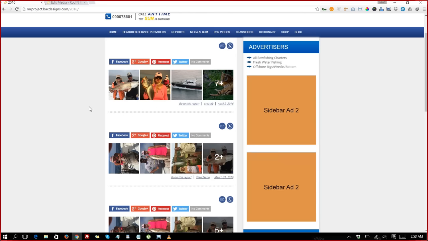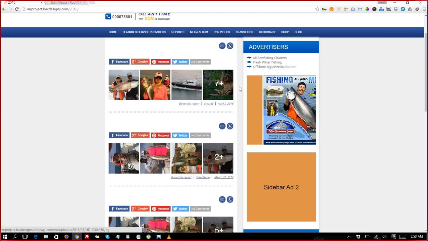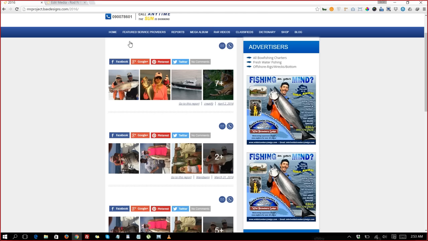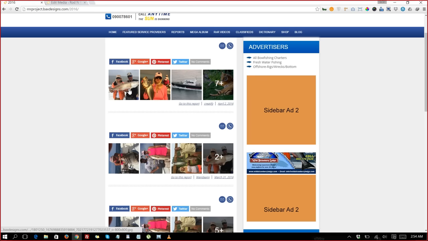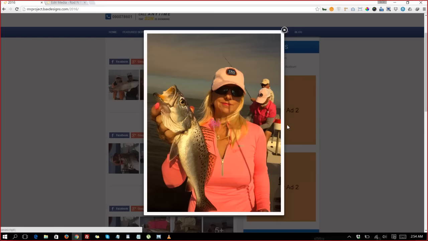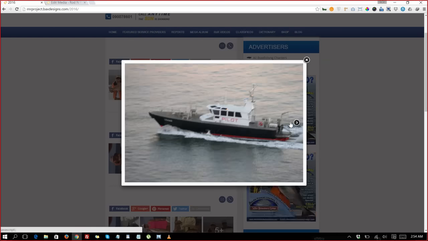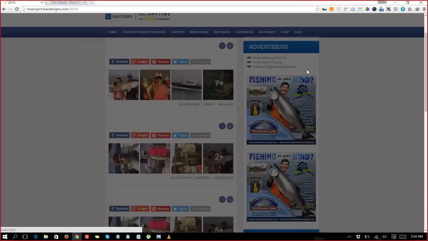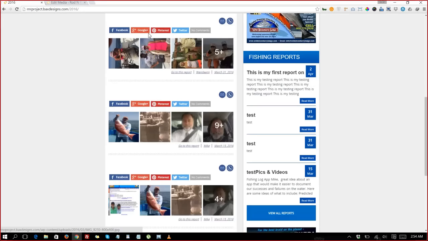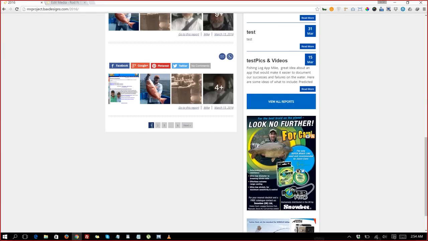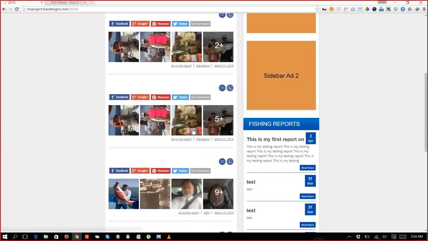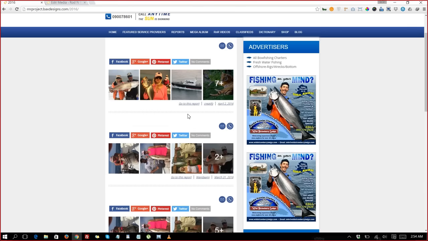Exactly. But right now, if you see here, this was the latest report I just added to RodnReel. So RodnReel actually saves all your images and creates automatic albums. And each album, you just need to click on the image and go through different images. The way we did it this way is because we wanted more and more report pictures to be accessible. Of course, there's a pagination system within the complete website, but we want more and more things to be visible